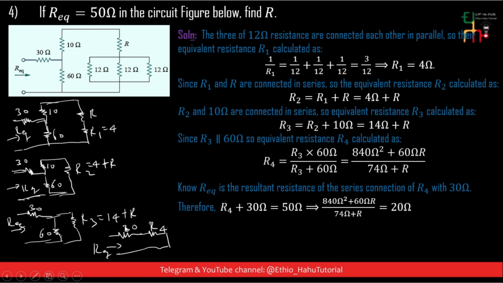The series connections of this 30 ohm and R4. ያ ማለት 50 ohm is equals to this 30 ohm plus R4 ይሆናል ማለት ነው። ስለዚህ የR4ን ቫልዩ ሰብስቲቱት ስናደርግ ምን እናገኛለን? R4 እዚህ ጋር ያገኘነው ቫልዩ ነው ፕላስ 30 ohm ስናደርገው ይሄኛውን እናገኛለን ማለት ነው። ያ ማለት ይሄኛውን 30 ወደዚያ ወስጄ ስቀንሰው ምን አገኛለሁ? R4 is equals to 20 ohm አገኛለሁ።